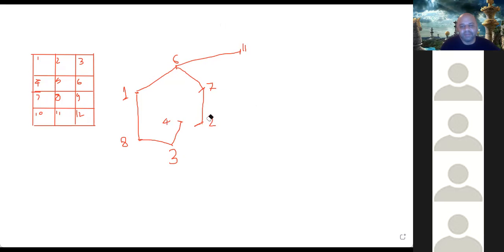We'll come to the other numbers later. First we fix up all the numbers which have only 2 connections. 1 is going to 6 and 8, fine. 8 is going to 1 and 3, fine. 3 is going to 4 and 8. This much we fix first. 6 and 7, 4 and 9 are complicated numbers. We'll see the other numbers here.